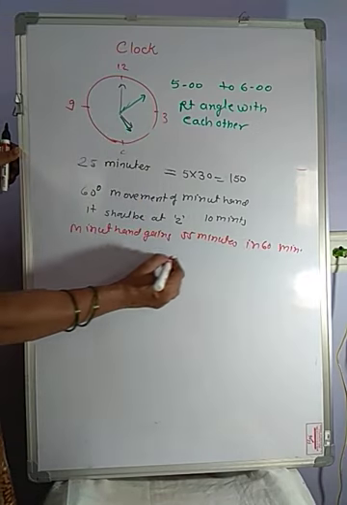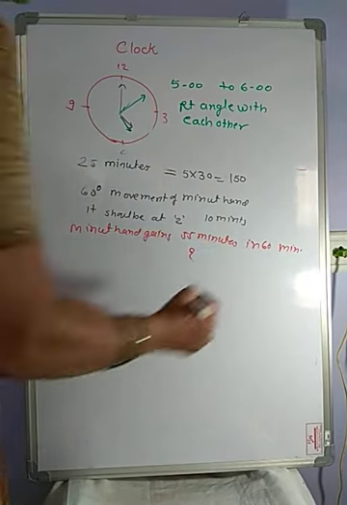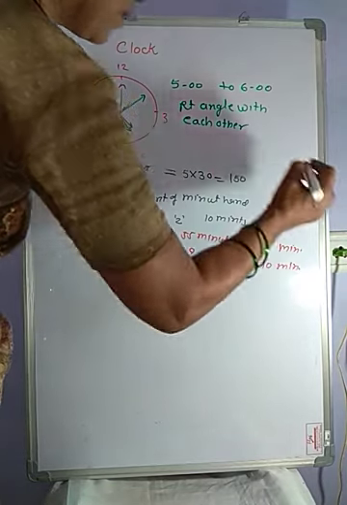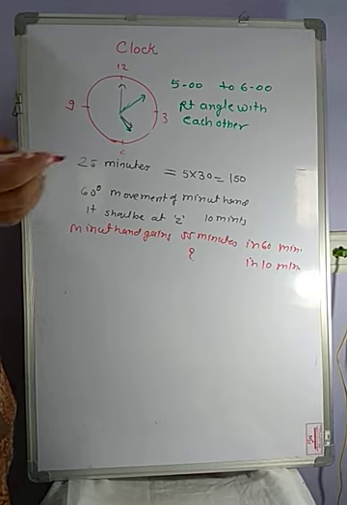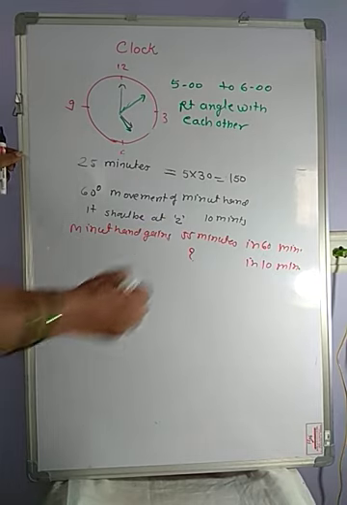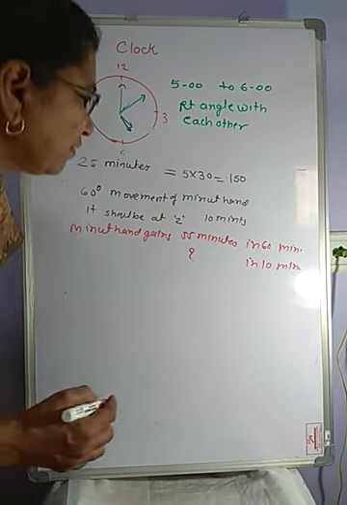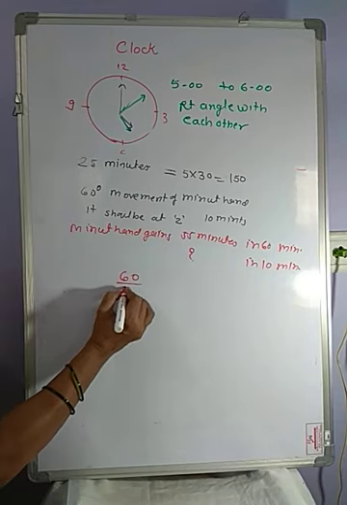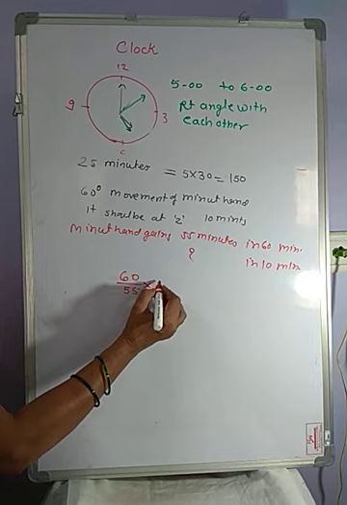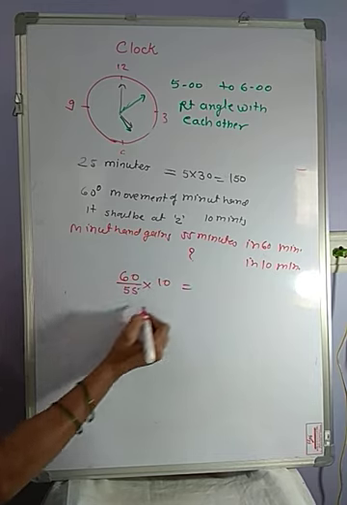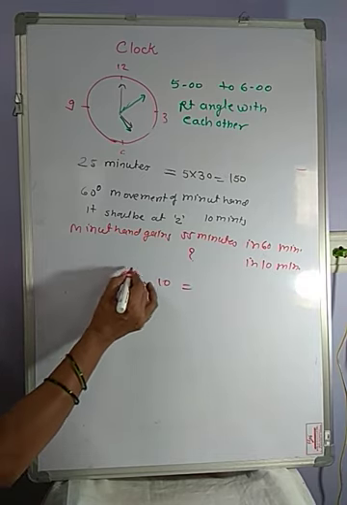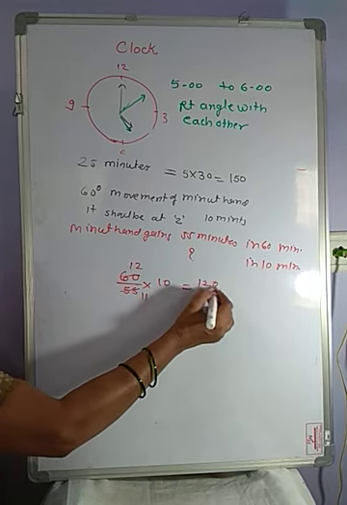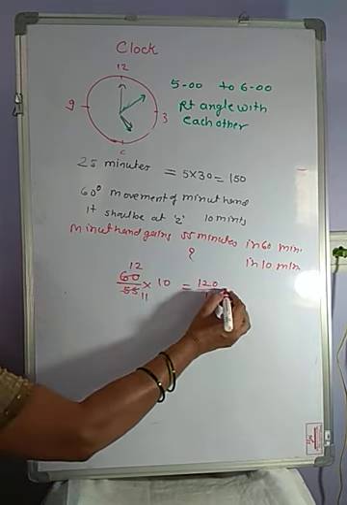How many minutes will it gain in 10 minutes? That much it has to move forward. So in 10 minutes, how much will it be gaining? That is equal to 60 upon 55 into 10, which is equal to 120 upon 11. That gives us